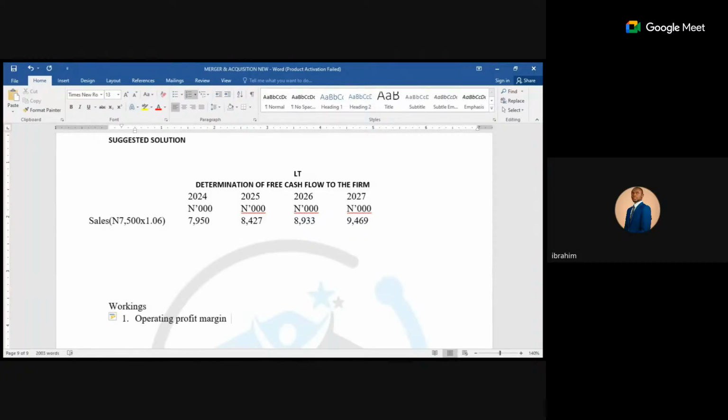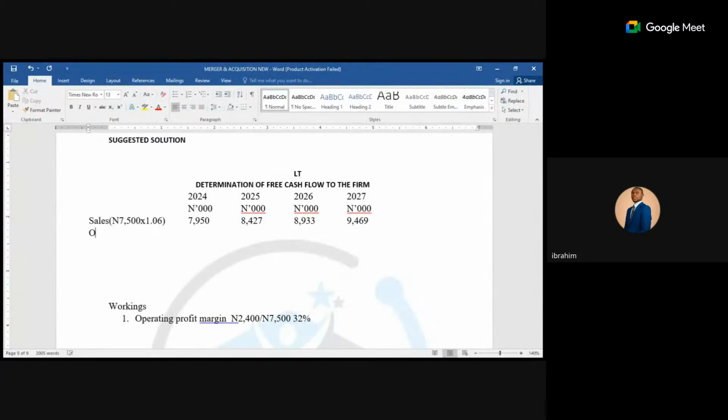Operating profit, what is the operating profit figure? 2,400 divided by the revenue, 7,500. What is the margin? 32%. 32% is not expected to change in the foreseeable future, meaning that